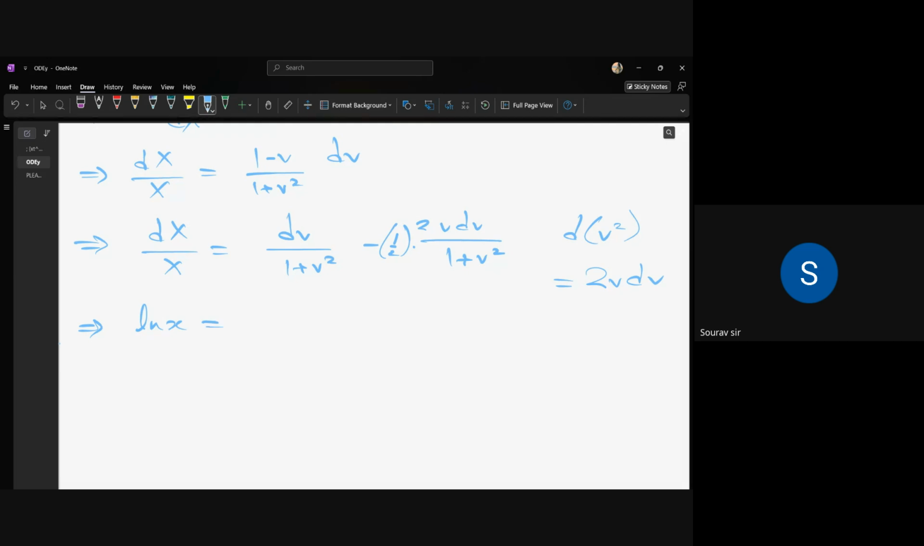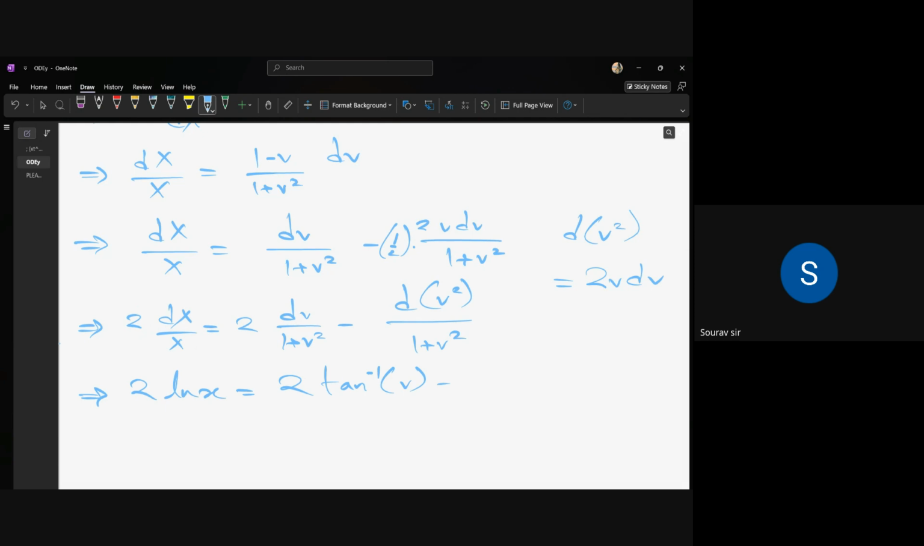ln x, that is equals to then... okay, we are getting half here, so write it along. So we will get 2x upon x, then we will get 2 by this, then dv square by 1 plus. So 2 ln x, that is equals to 2 tan inverse v minus, we will get